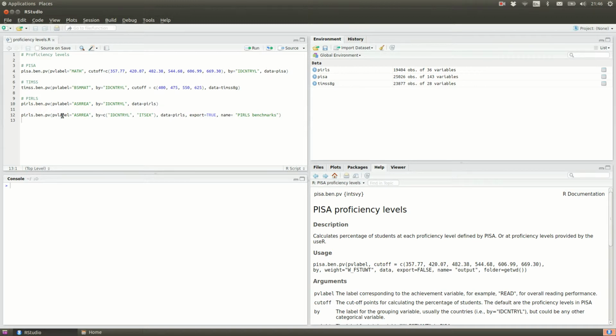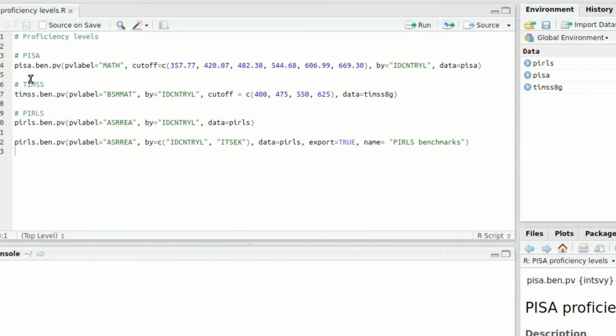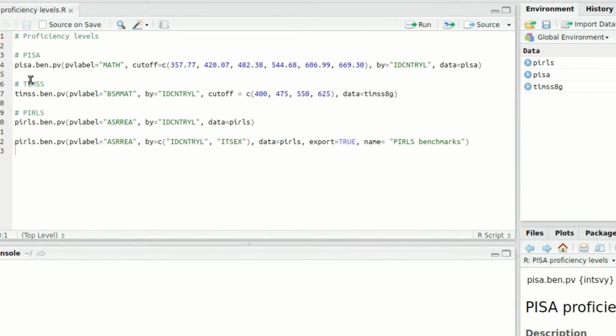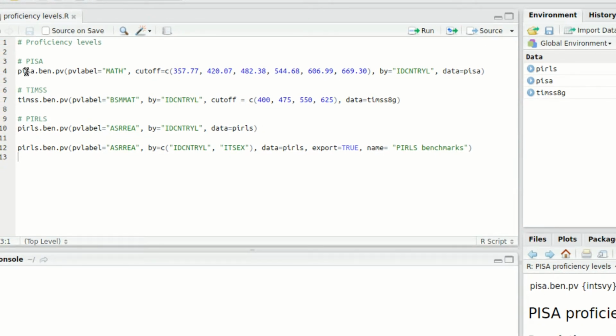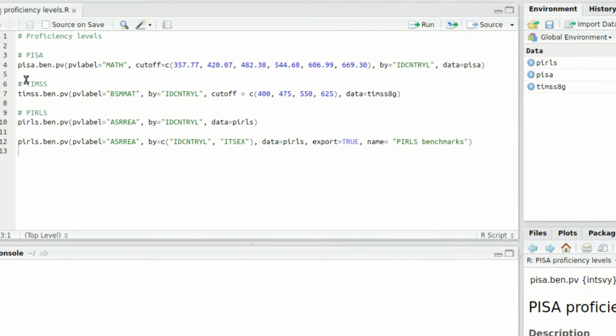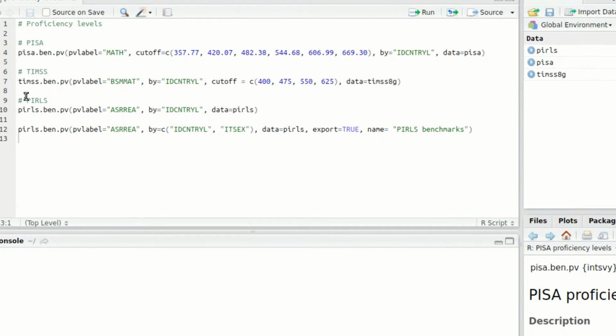I'm going to show you now how to calculate percentage of students and standard errors for the different proficiency levels. There are levels that are established in PISA and also in TIMSS and PEARLS. And you can use the PISA bend PV function for PISA, for example, to calculate the percentage of students at each of these levels. Same with TIMSS and PEARLS, we also have TIMSS bend PV function and PEARLS bend PV